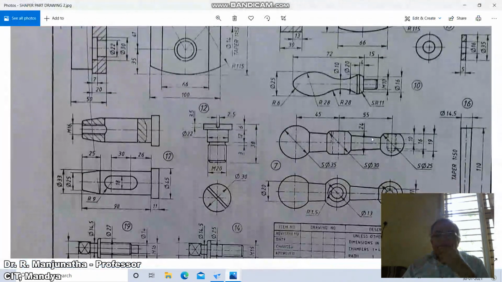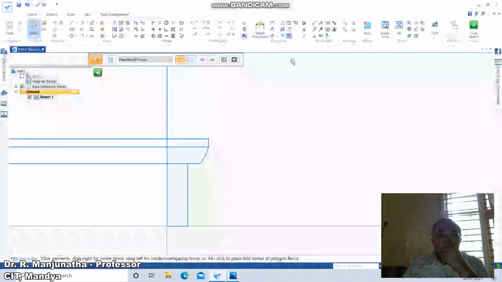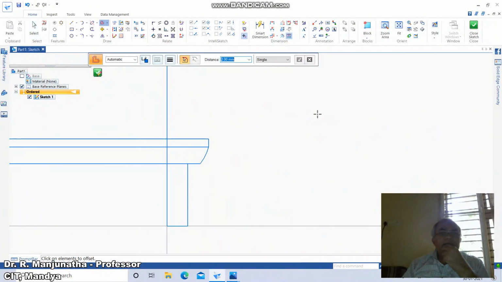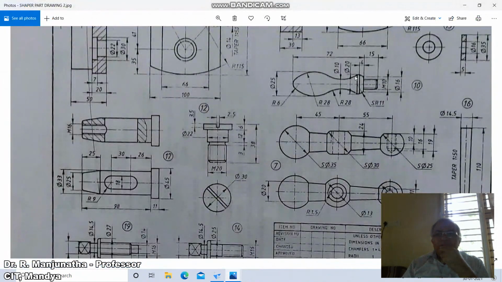The next point is we want a diameter of 10 here, which is going to have a radius of 28. To do that, go to Offset, take the distance as 10, that is 5. So take the distance as 5 from here, and so it comes like this. You have a radius, and then again it will start the arc from here. Then it goes till here, and then from here it will take this.